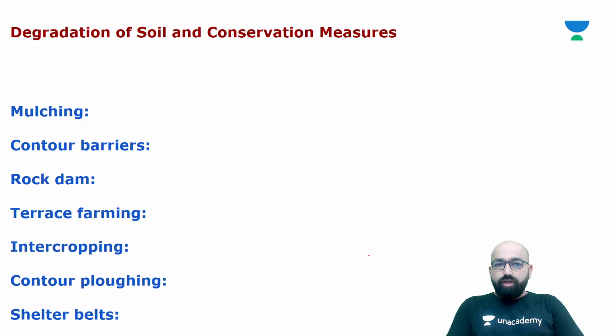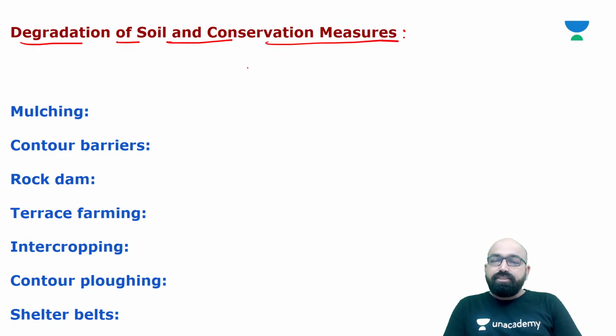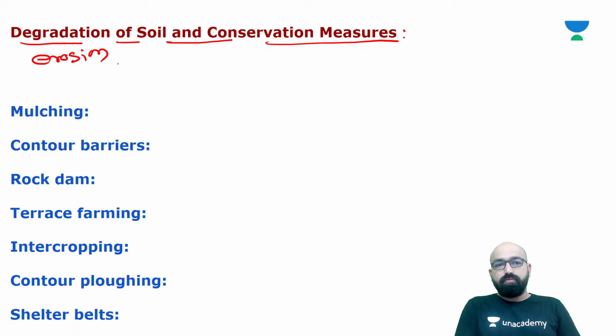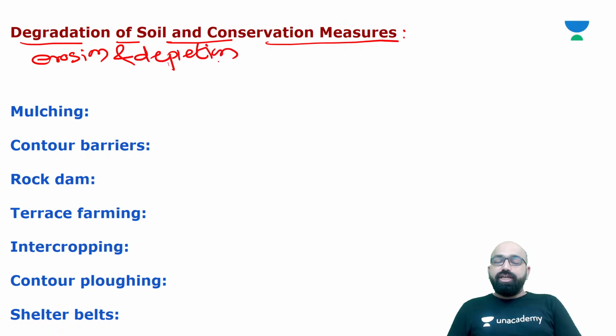Yes, degradation of soil and conservation measures. Now, friends, soil erosion and depletion are the major threats to soil as a resource. So, both human and natural forces, the human and natural factors,